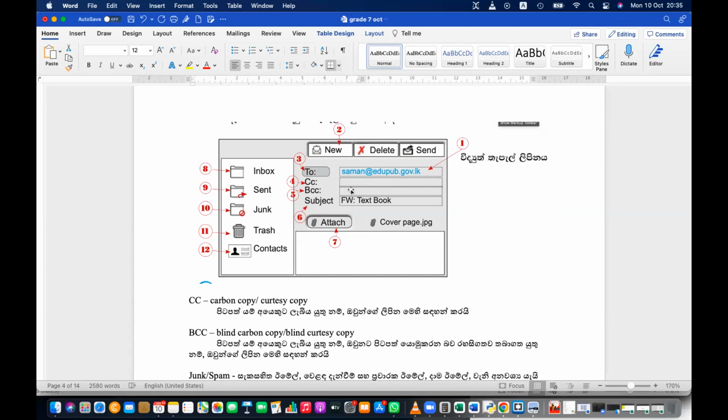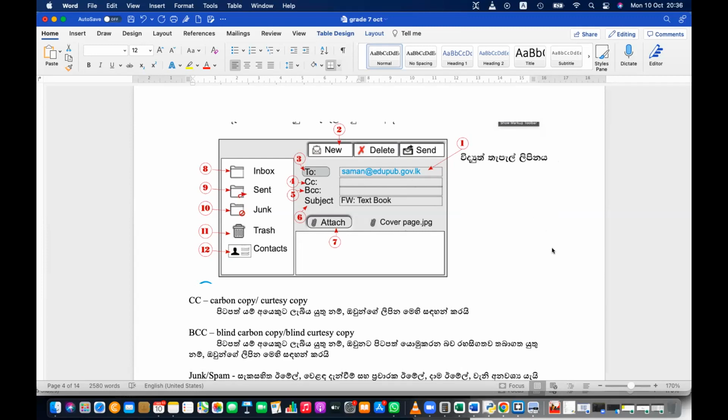BCC is blind carbon copy. It is a secret channel. So let's say you mention Dilansa's and Manuda's address in the BCC field. Then both Dilansa and Manuda can see this is sent to Pasan, Danuri and Shevin.